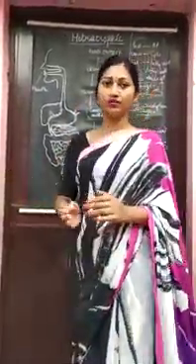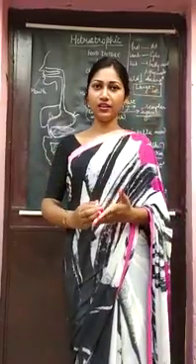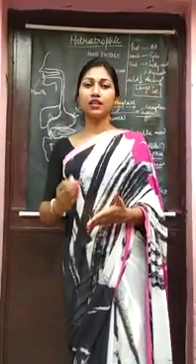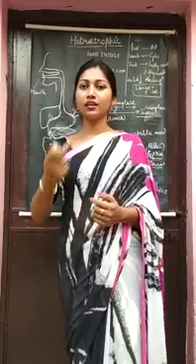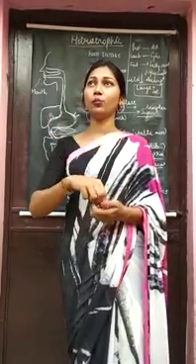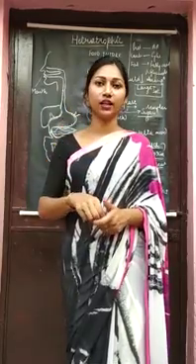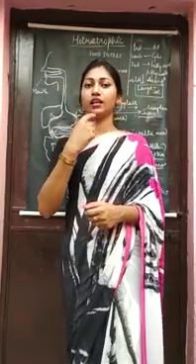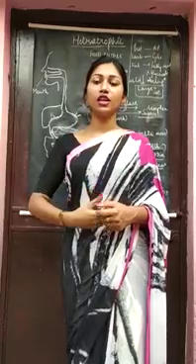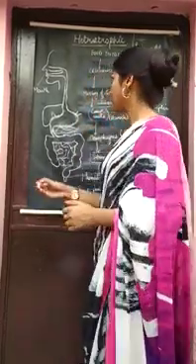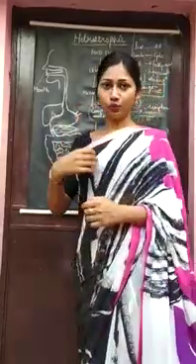For nutrition, we have a long alimentary canal, and this alimentary canal contains lots of parts like mouth, buccal cavity, the oral part. When we open our mouth, the cavity is called the buccal cavity. So the mouth, buccal cavity, esophagus, stomach, small intestine, large intestine, rectum, then anus. First of all, we take food.